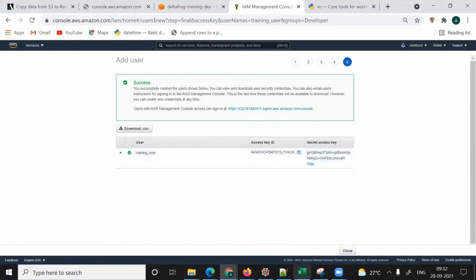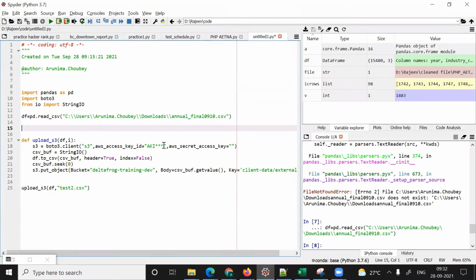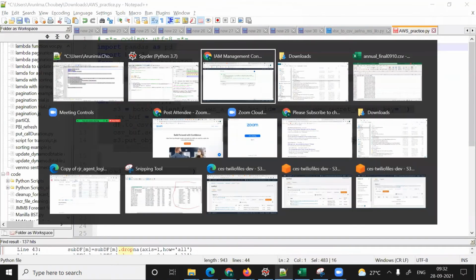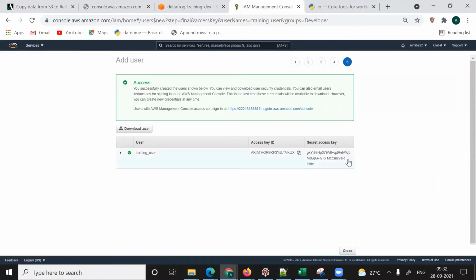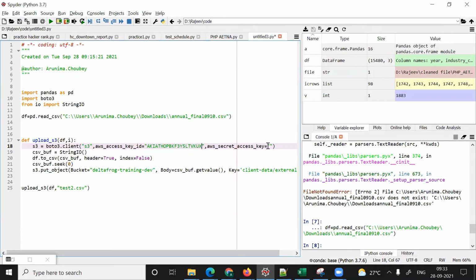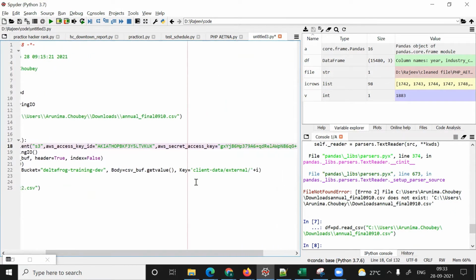So we are going to use this access key here, and this secret key. Where is my secret key? This is shown one time only. You have to download it and keep it, but I'm not doing all those things. Also, you don't have to write the access key and secret key in your program like that.